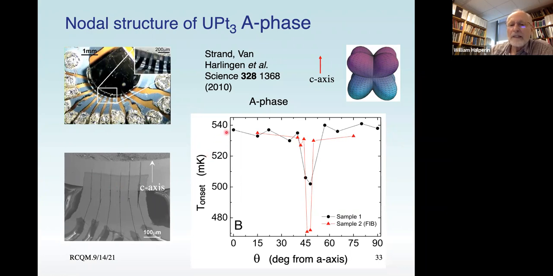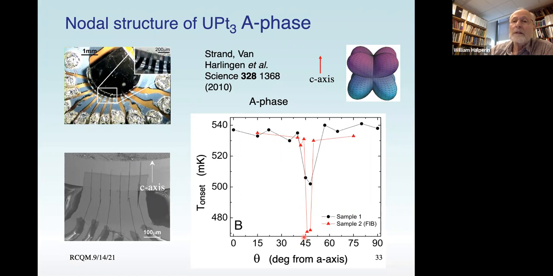And you can see that as a function of angle, that angle specifying the electrodes, each dot in this plot is an electrode, there's a clear onset at 45 degrees from the A axis. And this is done in the A phase, at very low field,